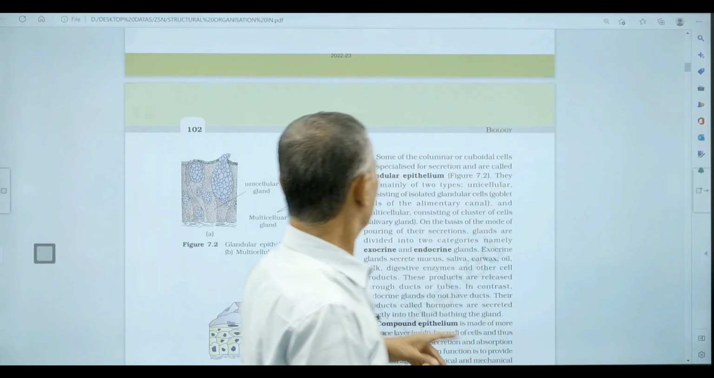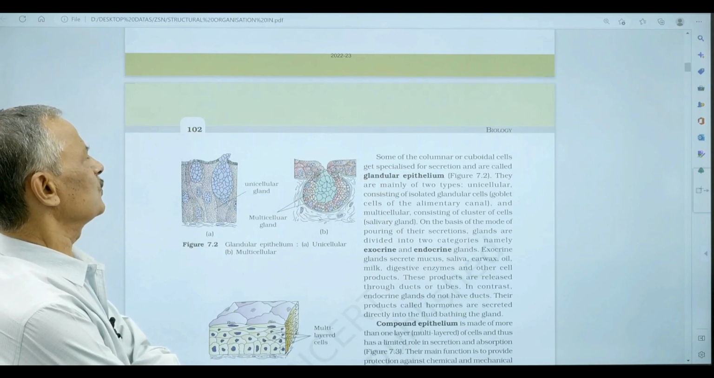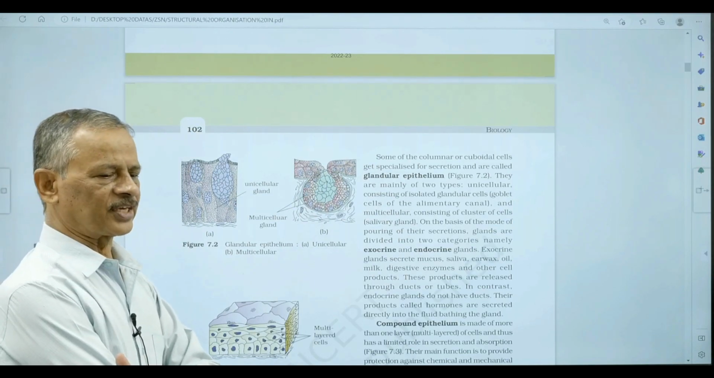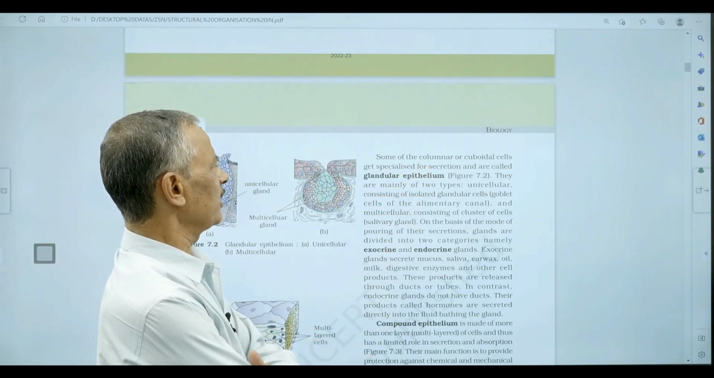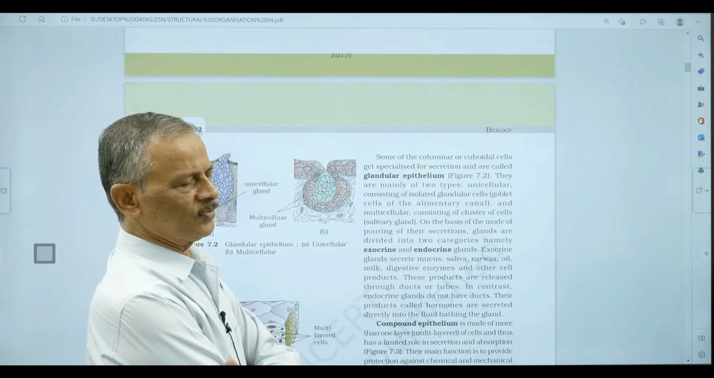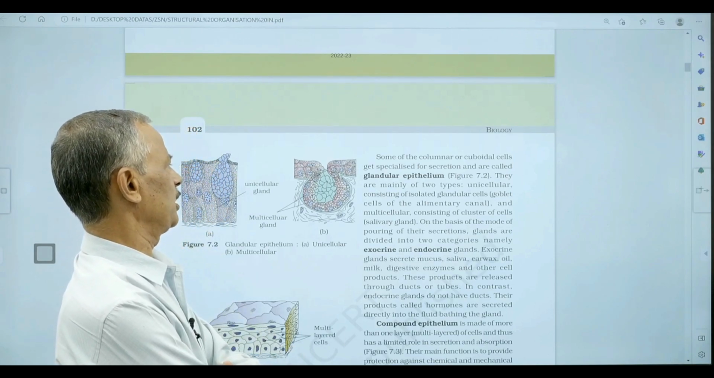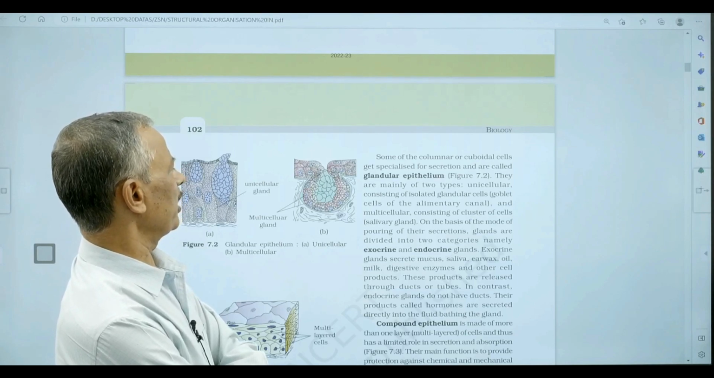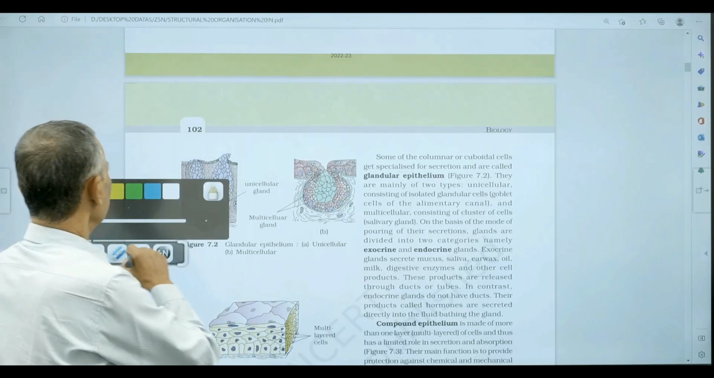Okay. Now, some of the columnar or cuboidal cells become specialized for secretion. Then they are called glandular. They secrete something. If they produce something, then they are called glandular epithelium. These glandular epithelia are of two types. What are they? They are simple,